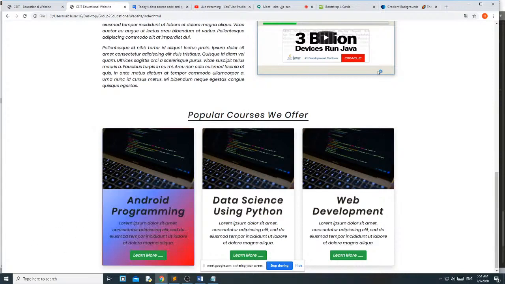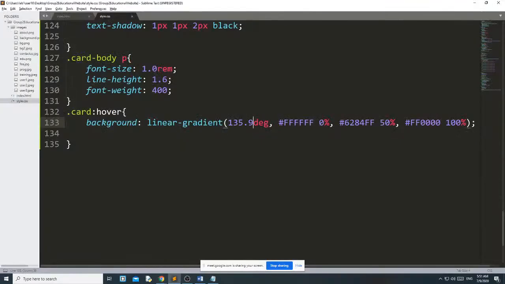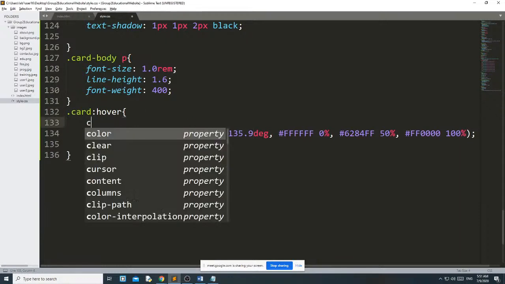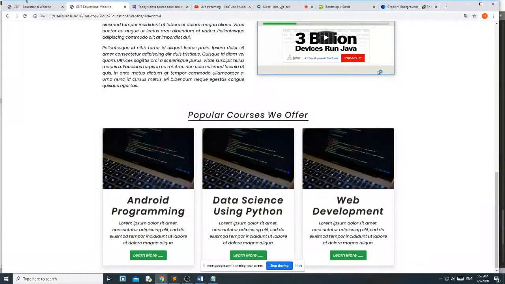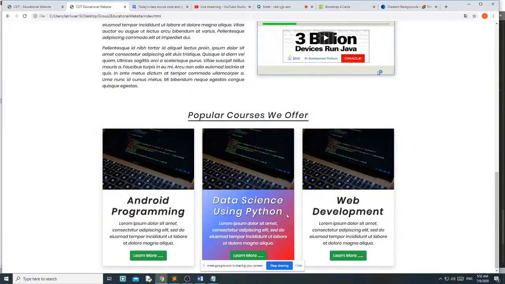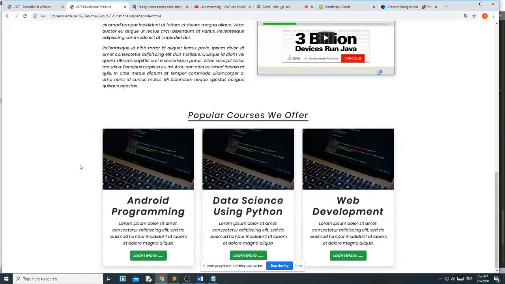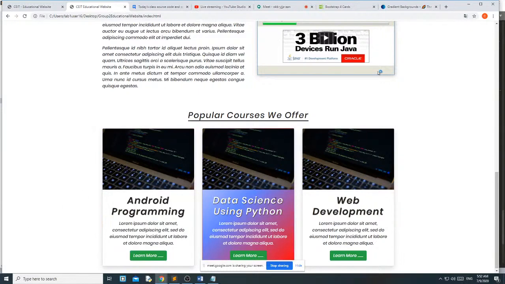Then how can I change the text color? I want to change the text color. That's why simply I am writing here color FFF. Okay, now you can see that my text color becomes white once I move my mouse over it.